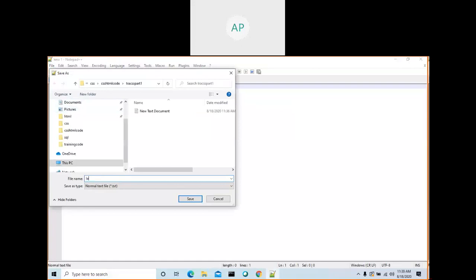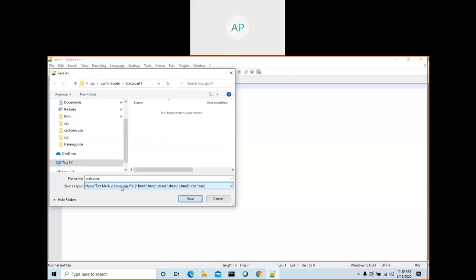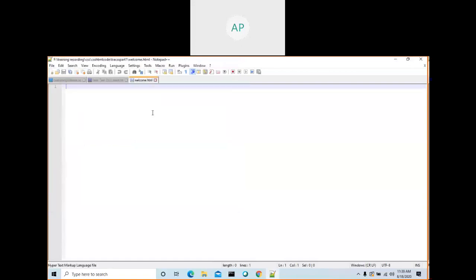The other day we created a welcome page, right? welcome.html. This is an HTML page. We are going to apply CSS in the HTML document. Okay, save.